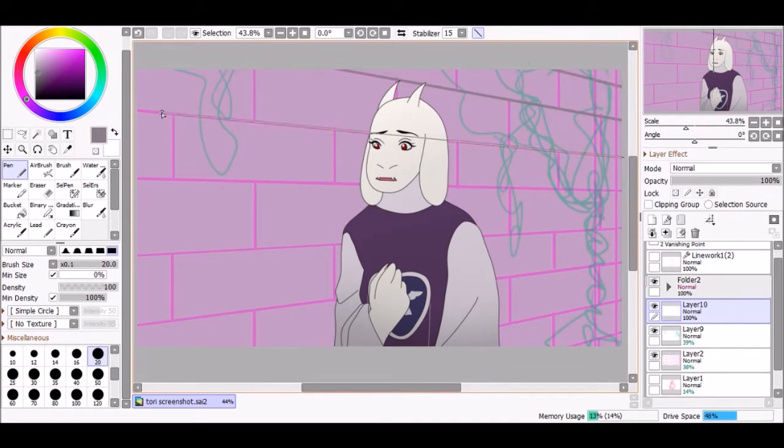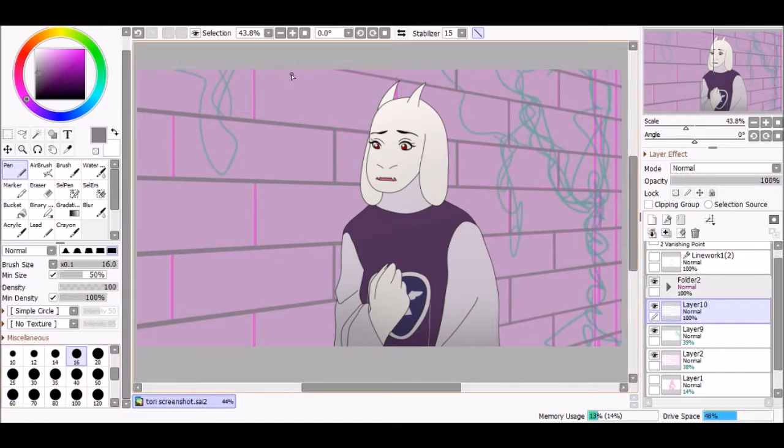And then here I'm just doing the divides between the bricks. Of course, I've used my perspective tools, or I've figured out the perspective to do this beforehand while I was still doing my sketch. So in most programs, the way to do straight lines, at least in Medibang, Krita, is to press Shift and draw from one point to another, and you can do really nice straight lines. So they have that,